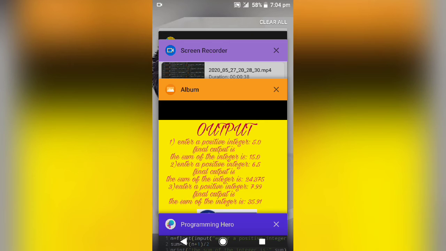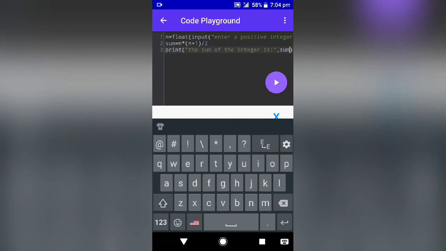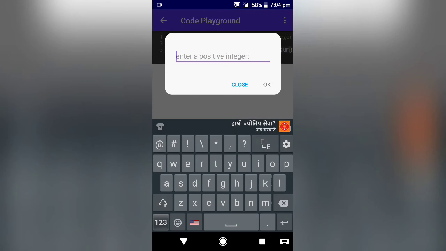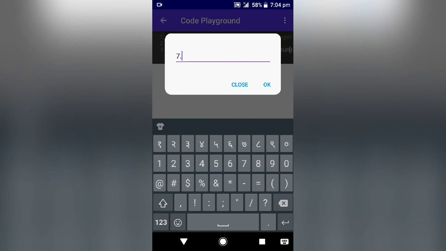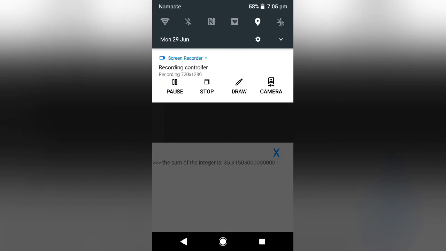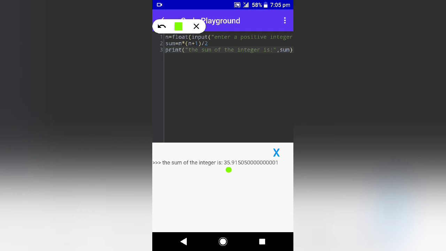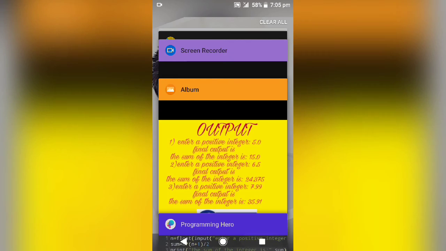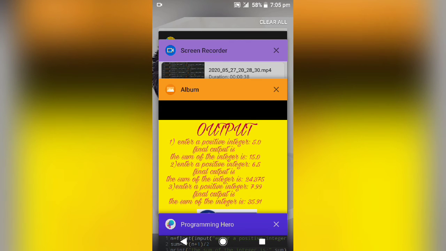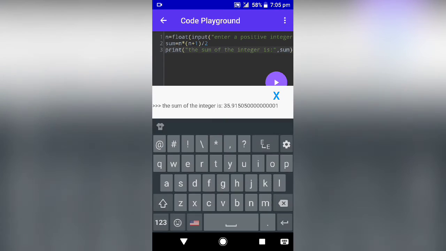After that you can run it, and the input is 7.99 and the output you can see is 35.9150500001, and it does not match with our output.